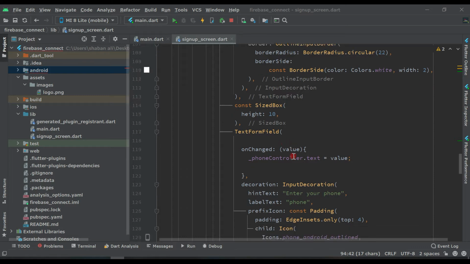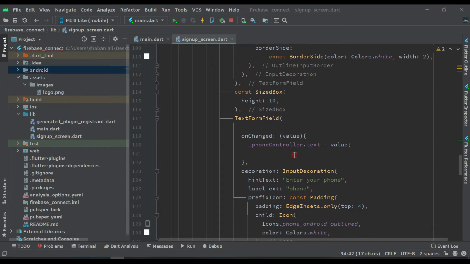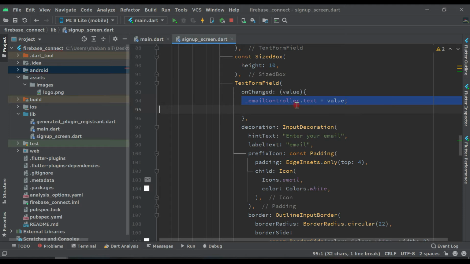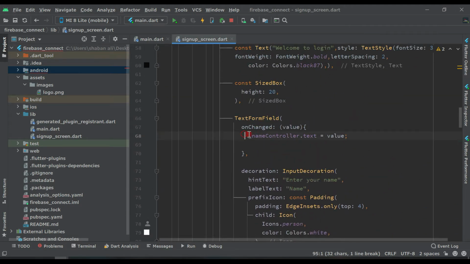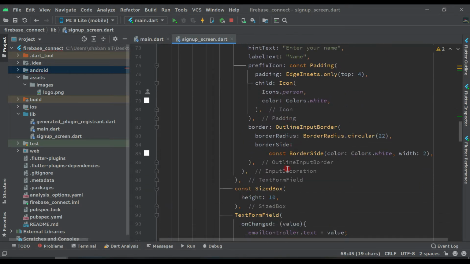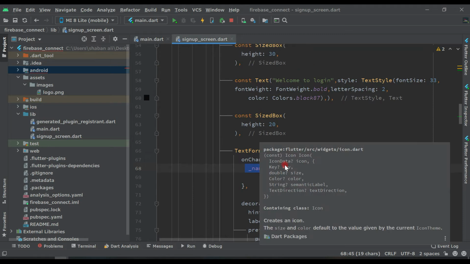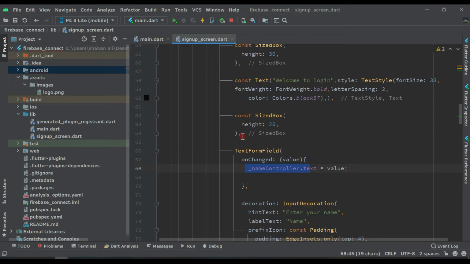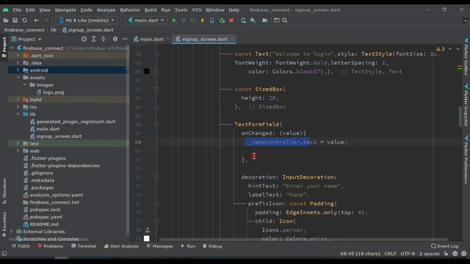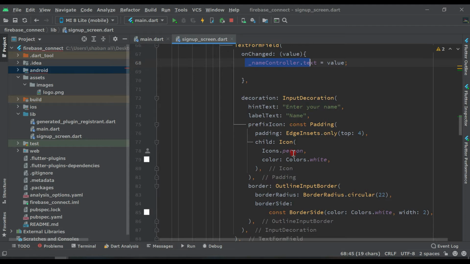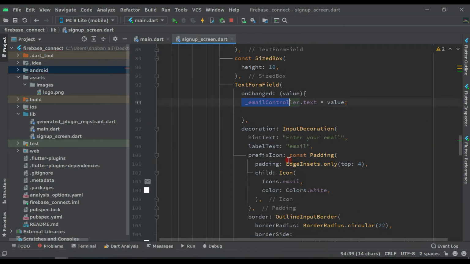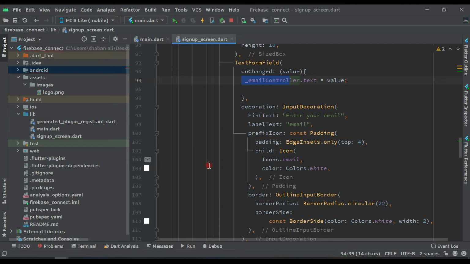So now, in this video, we are going to connect our application to Firebase Firestore. In the previous video we passed all these controllers, as you can see, phone and email controllers, so that we can get all these from the user and save them to Firebase. Then in the next video we will design our login page so that we will check whether login is working or not. We will authenticate the user, I mean, if the user successfully registers, we will log in again with the same email and password which the user filled in here. So now let's connect this application to Firebase Firestore.